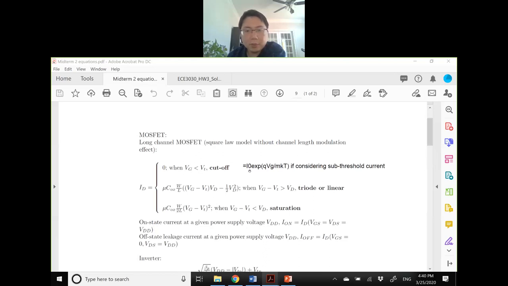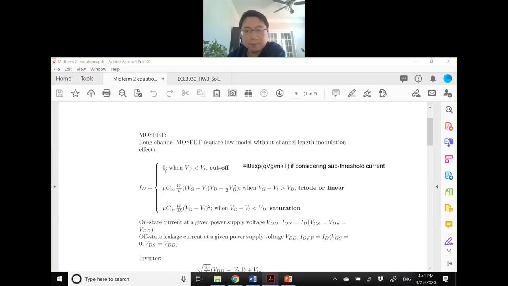It's a small number, but then you still have some current, which exponentially depends on the gate voltage. So in the test, if I ask you to consider the sub-threshold current, then you need to consider this one. But if I don't say that, you can assume to use this first order assumption, where the drain current is